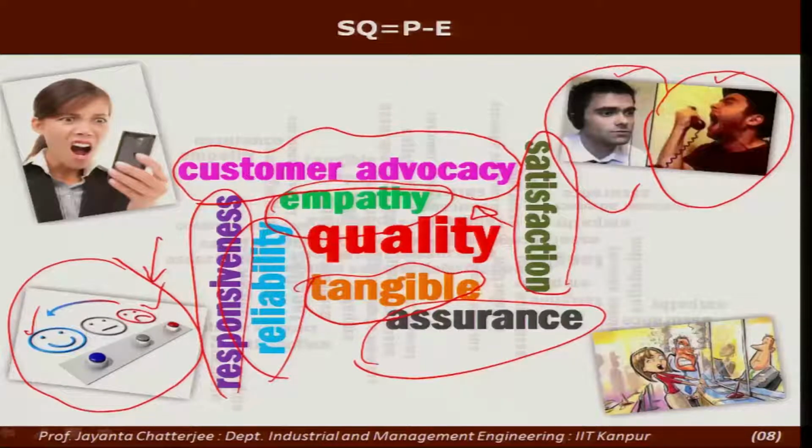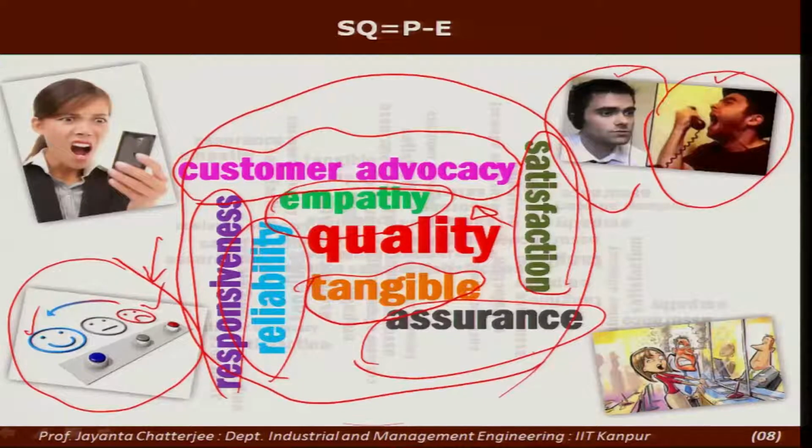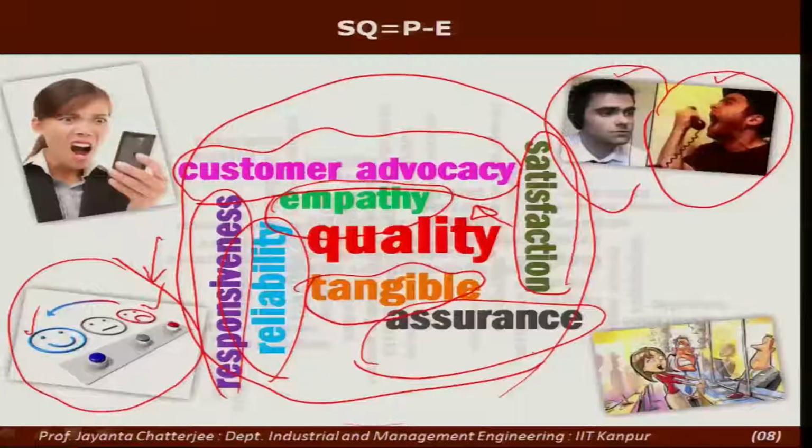We have deliberately made this diagram a kind of fuzzy overlapping diagram to highlight the fact that there are these 5 classes of factors. Tangibles mean modern equipment, visually appealing facilities,